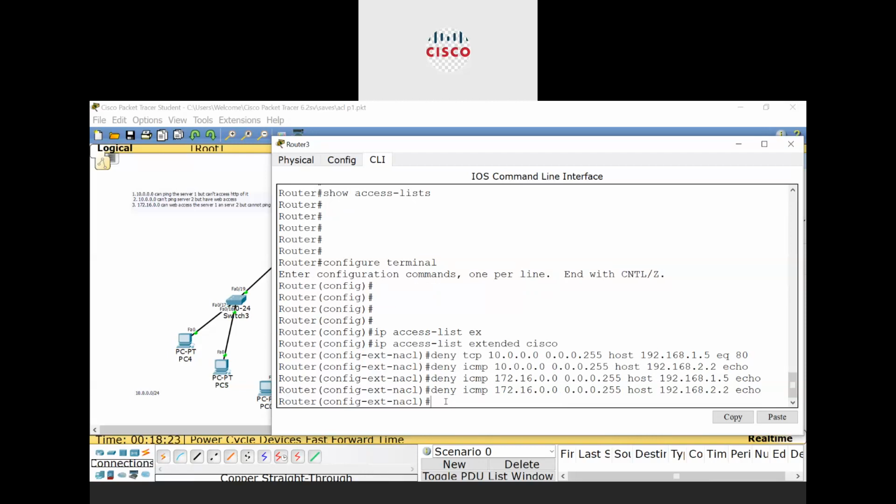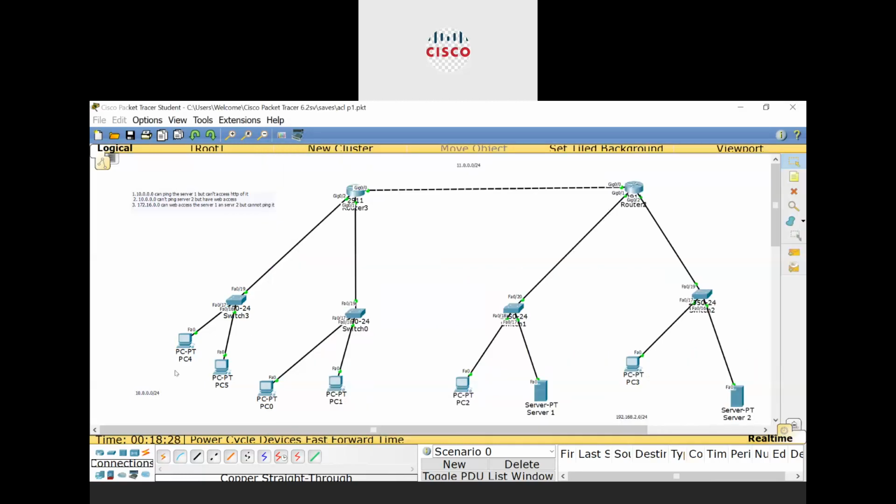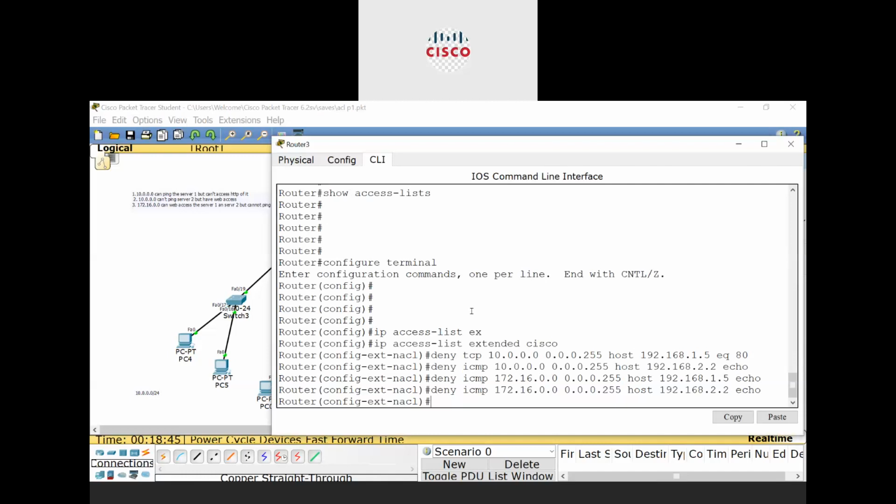Now the remaining traffic should be permitted for everyone. Let me tell you one thing. I denied this network, so this network will not be able to ping that particular server. But what about this PC? For the remaining devices, for the remaining IP addresses, I have to write the command permit ICMP any from any source to any destination.